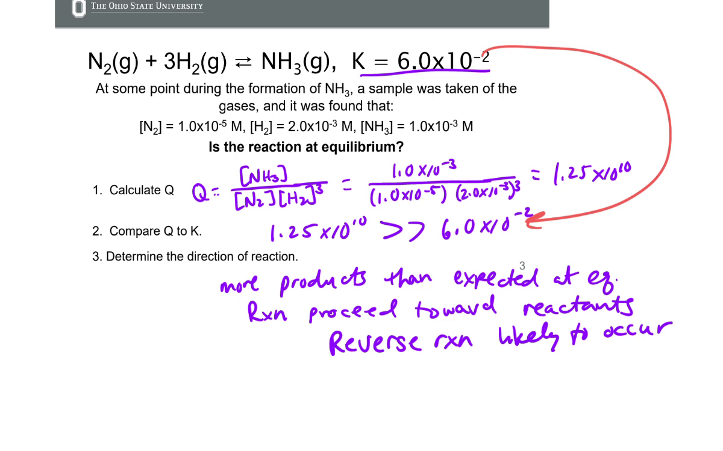Question? Yes? You say the more products. So I'm saying it's more products than what we would expect at equilibrium, so more products than reactants. K represents our expected concentration. Yeah. All right. We will